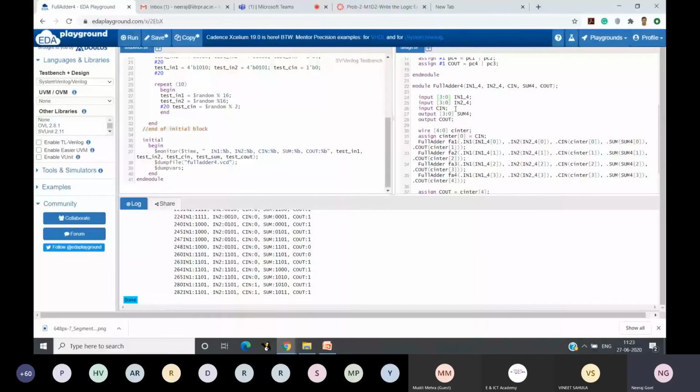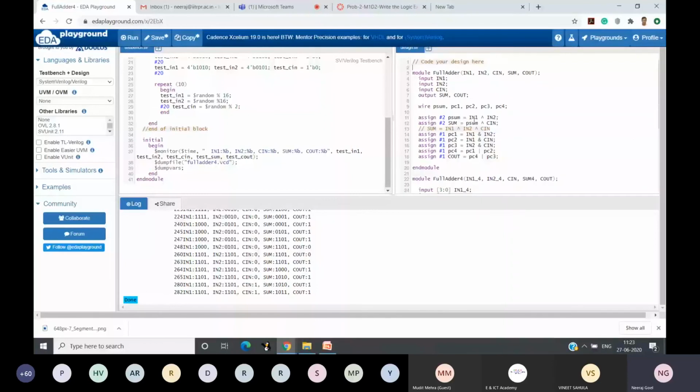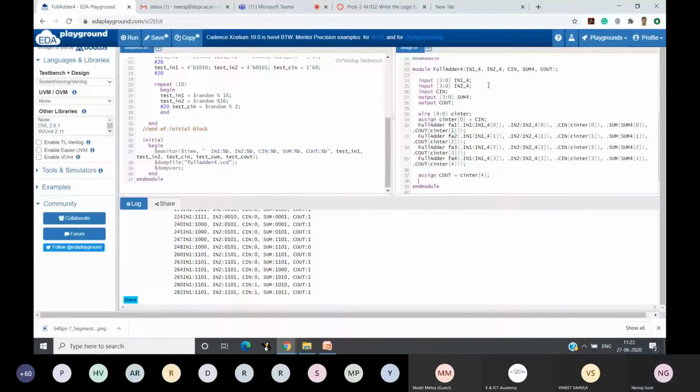Now the next question which we had to understand was how we can use the same full adder, which is created like a module here. How can I use it multiple times? So here I'm creating 4 different instances of the full adder. This full adder is the name of the entity or name of the module, and this is the first instance, which is called FA1, and similarly FA2 is the second instance, then the third instance, fourth instance. How are these instances different?